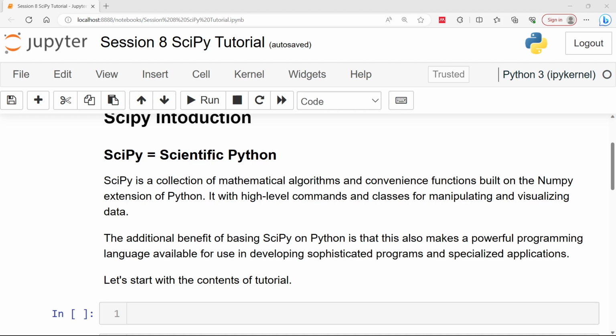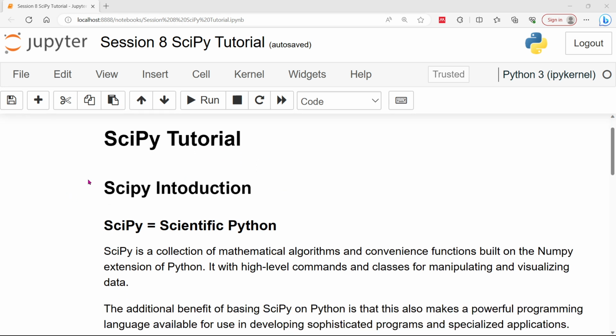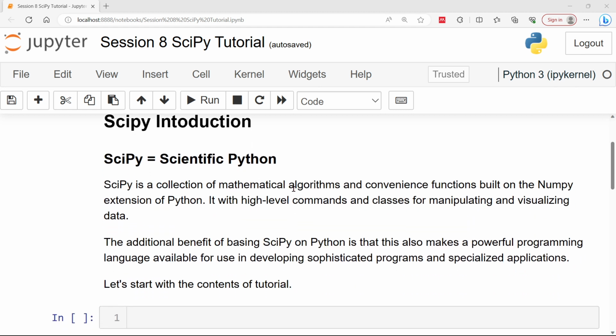Okay, so we are going to start this session. This session is all about the SciPy tutorial. Here you can see scientific Python. The introduction of this session is about scientific Python, and we will be dealing with mathematical algorithms and their functions,